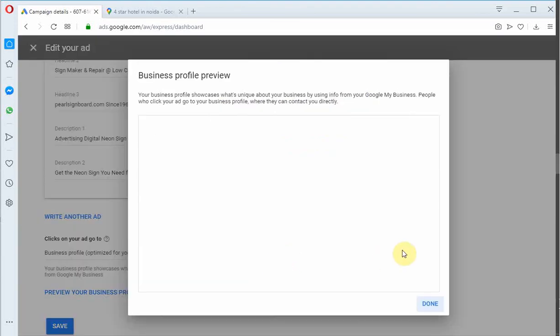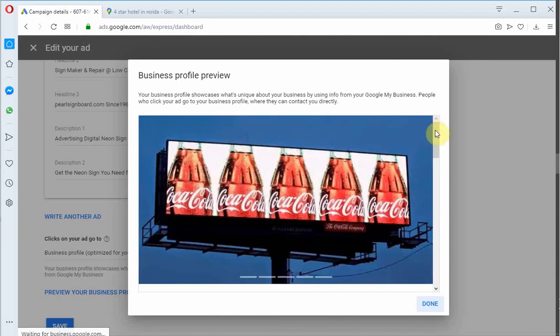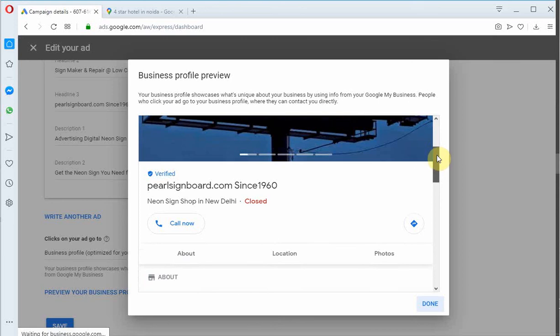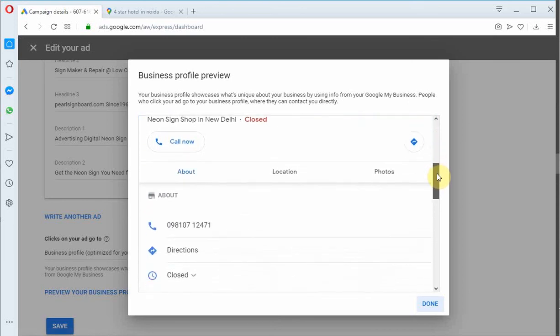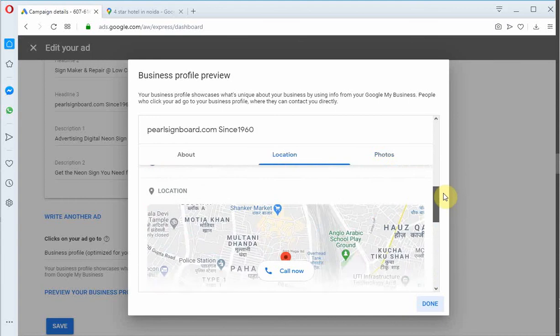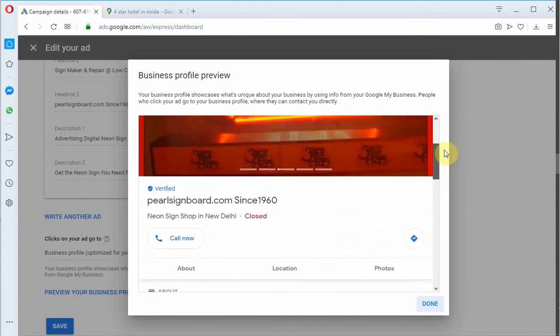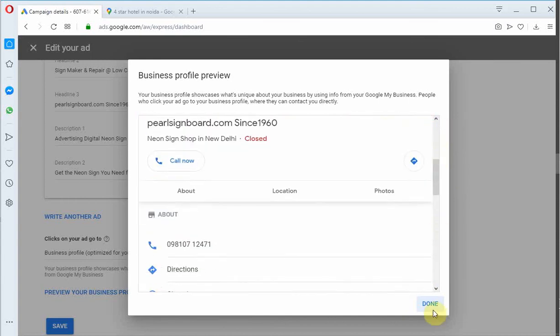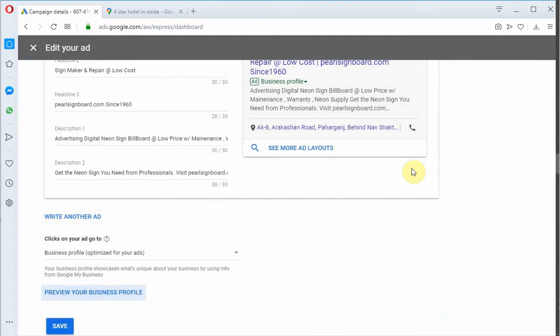Preview your business profile also, it's giving you the option. So this is the address, and the call now button is visible, directions and close. So I would add photos of my work location, so I will prefer this and I will click save.